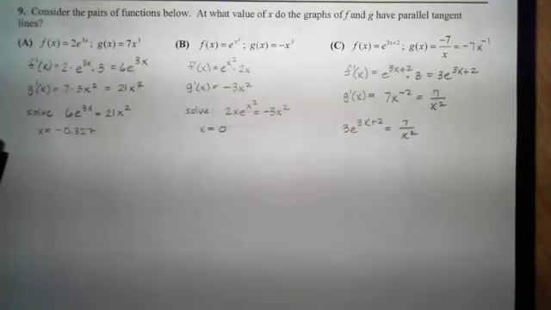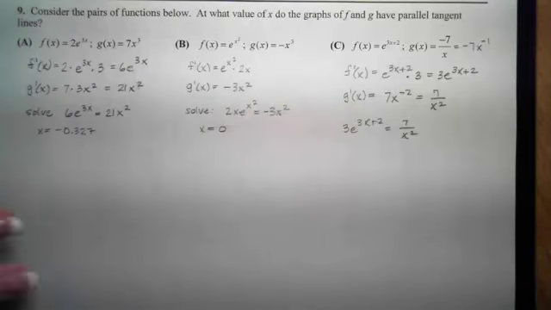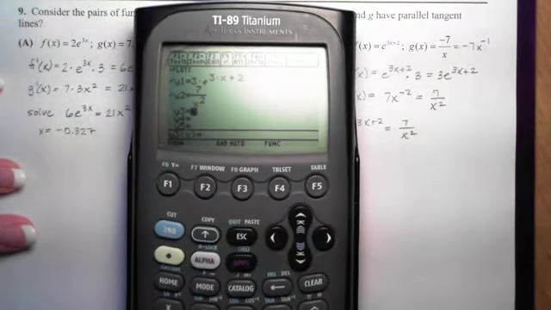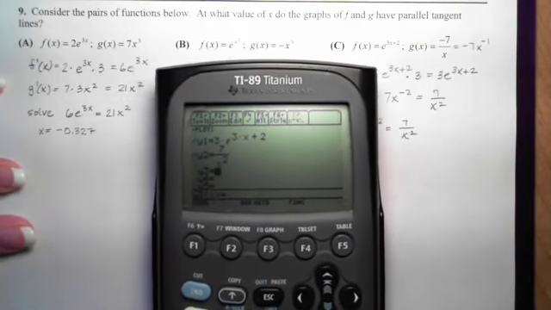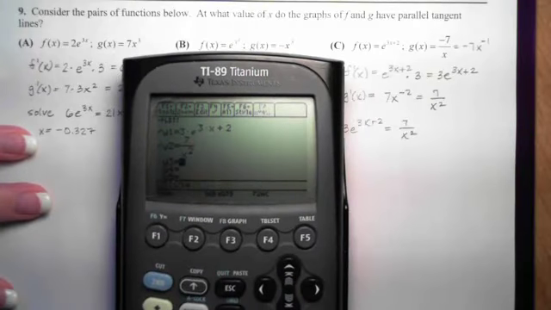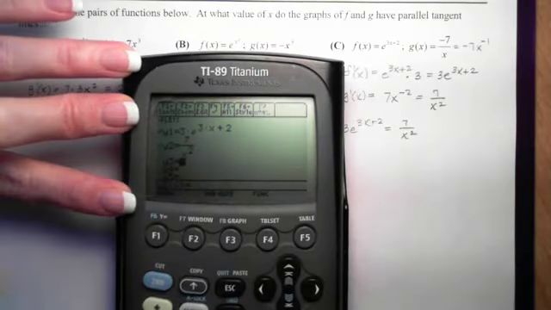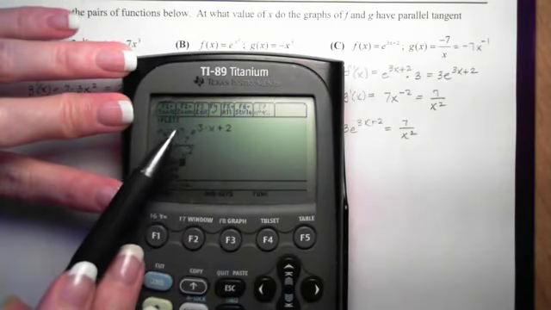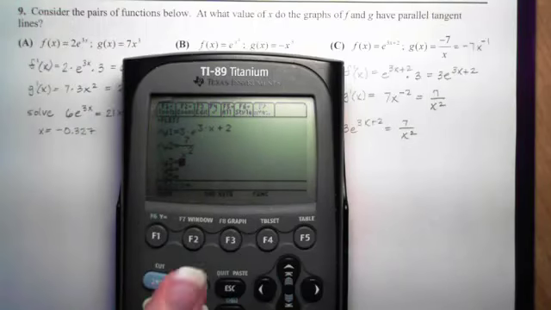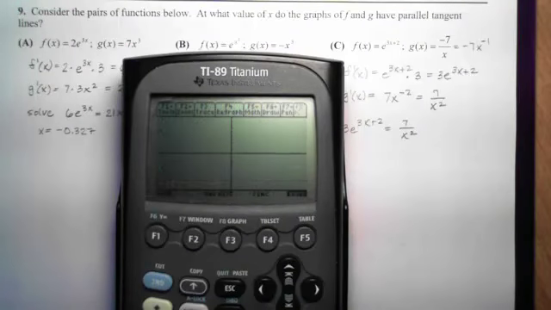So just like before, I am going to go to my calculator and graph these and see if we can find the intersection graphically. This method will work for both the 84s and the 89s, and I just want you having practice doing it with them both. So I've entered in y1 is 3e to the 3x plus 2, and y2 is 7 over x squared. So if I do a zoom 6 at first glance, and I wait to see what happens,